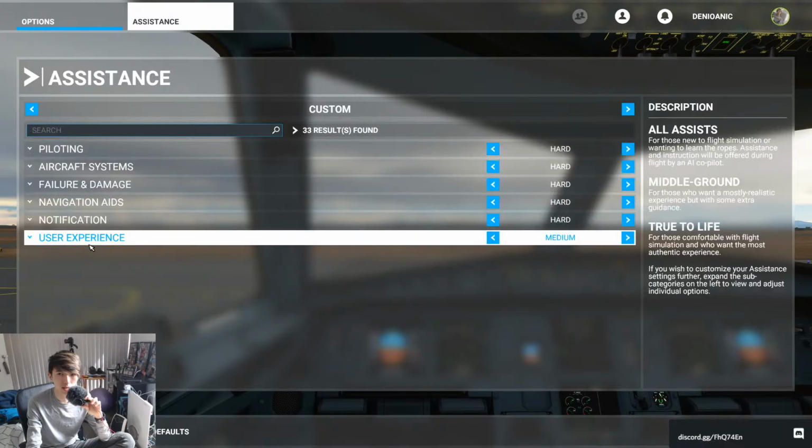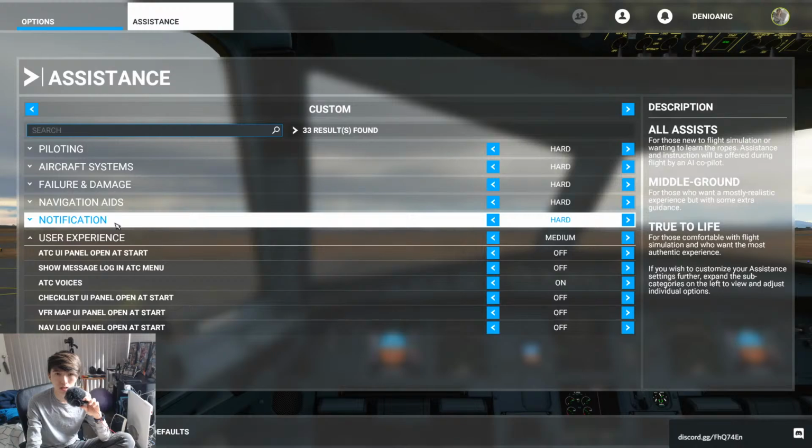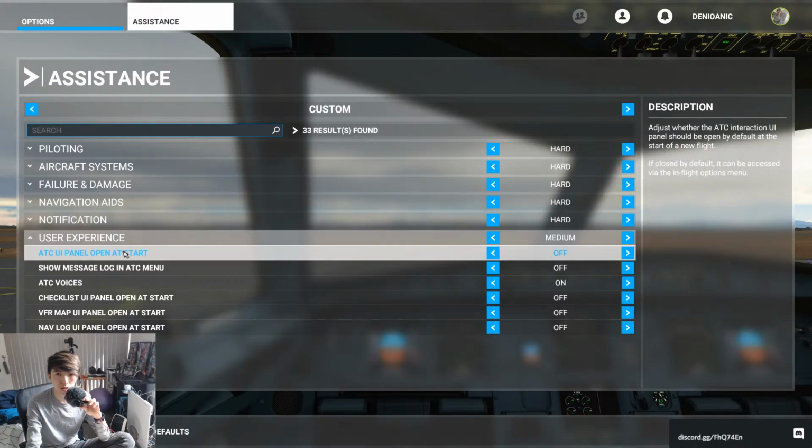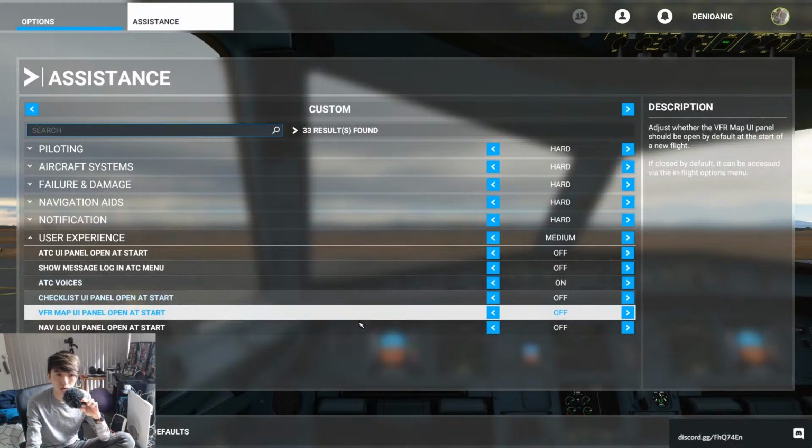So I'm not sure why it is doing the radio for me, because I only have this, which is the ATC voice, but it shouldn't take control